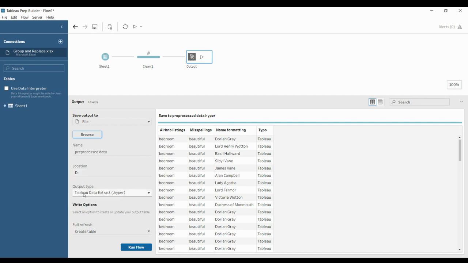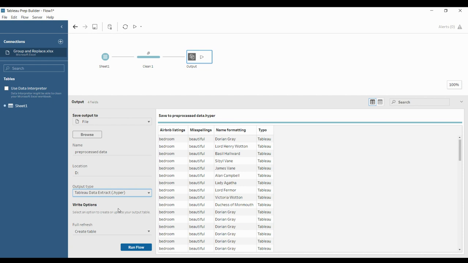In the next step, you can see what is the type of output you want. You have three types. One is a hyper, that is the same data; if you save it as a hyper, you can directly make use of this in the Tableau visualization. Or else if you want to save it as a Microsoft Excel, or you wish to save it as a comma separated value. Let us see how to save it as an Excel file.